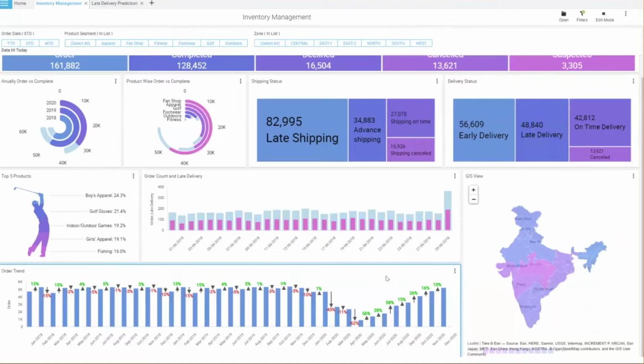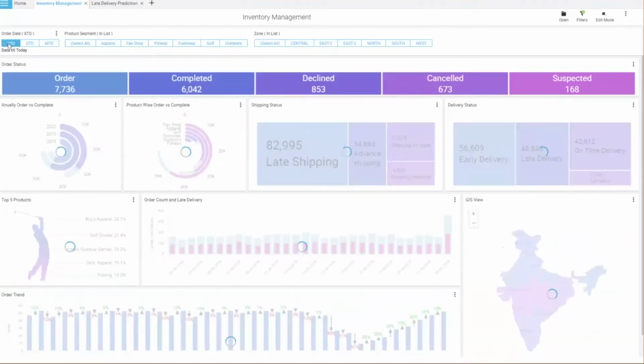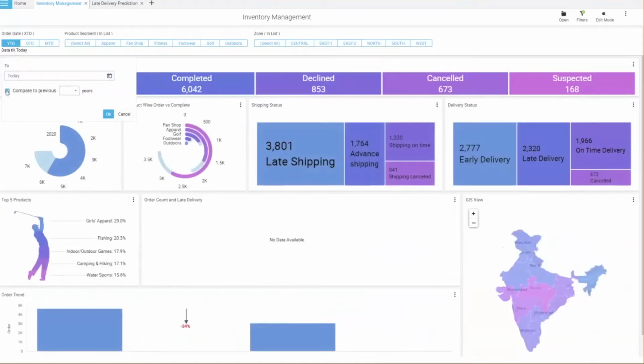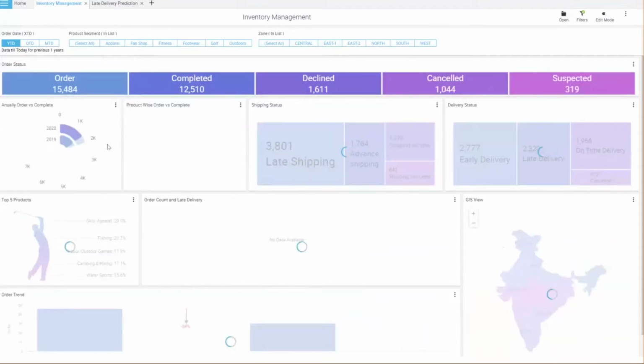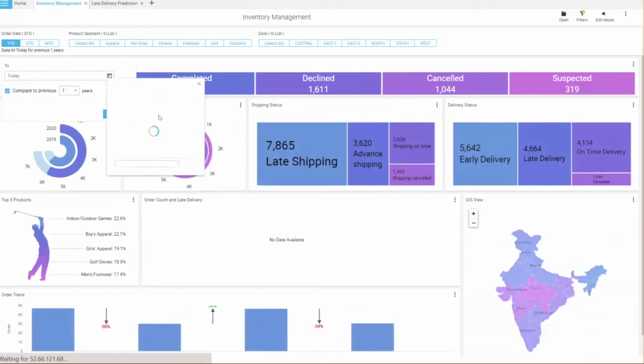Now, when I did all of this operation on screen, a supply chain manager can also do a YTD analysis. All context filters at the top, he can do a YTD analysis. Just click on YTD, it will take you to the current year. And if I say I want to compare for 2 years, I say 1 year, which is current year and 2019. And if I mention the date out here, let's say August 31st, that is where my data resides.